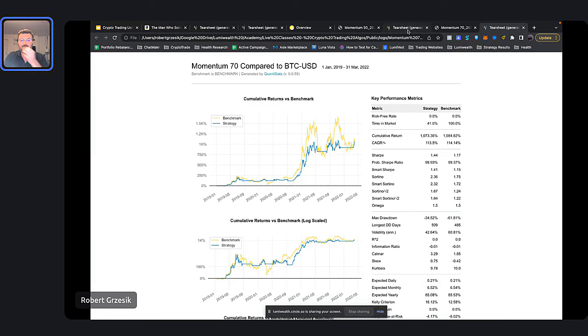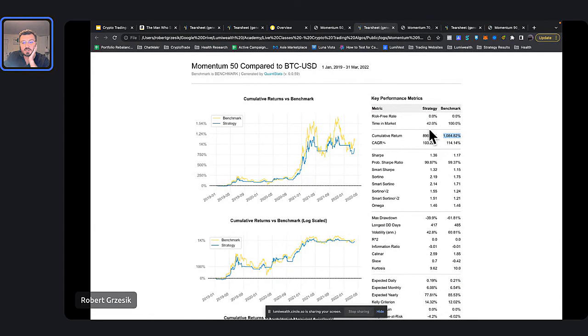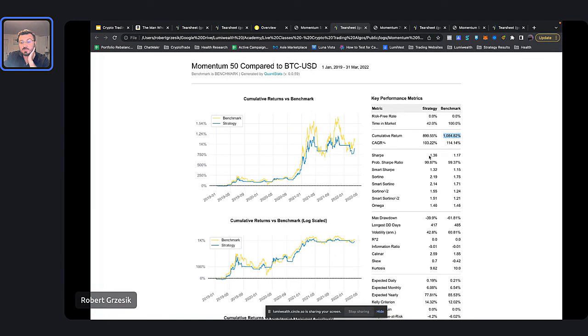So we see here, if we had used a very simple momentum type indicator over a 50-day period, we would have made 900%. The benchmark, I think in this case, Bitcoin is what it was, would have made almost 1100%. So we would not have beaten Bitcoin in this case, right? But we would have still gotten a much better Sharpe ratio, right? So we still were able to reduce our risk quite a bit. So if you want to be investing in Bitcoin, you like the returns, but you don't want to be taking on risk, this maybe is a good idea for you, right?